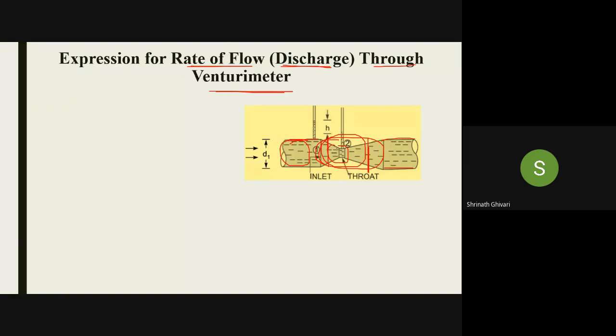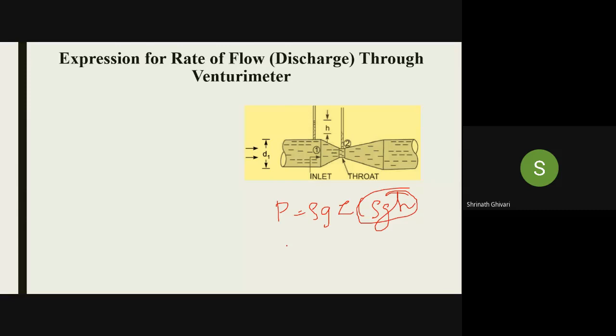So the Venturimeter mainly consists of a converging part, a diverging part, and in between there will be a throat. And we are measuring the pressure difference between the inlet and the throat. How to measure the pressure difference? Can anyone tell me, just by seeing the diagram, what we are doing over here? I had given one example before on how to measure the pressure. What is hydrostatic pressure? I told you P equals rho g z or rho g h. What is this? Can anyone tell me what this is?